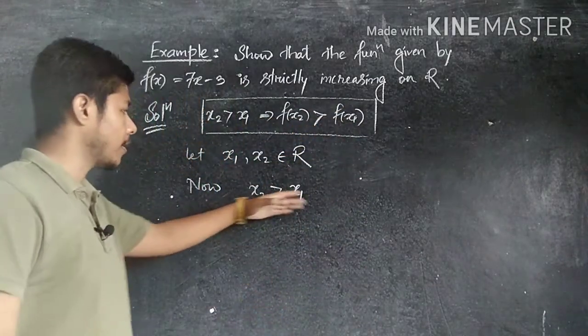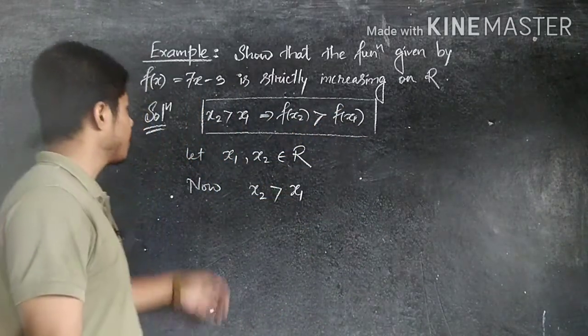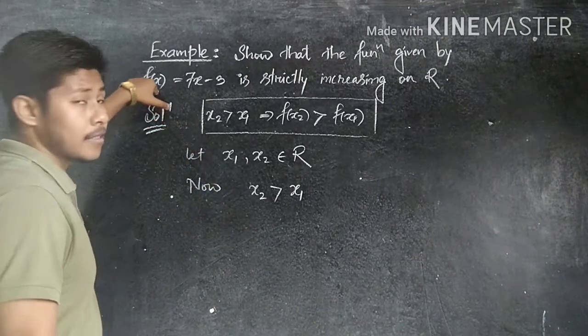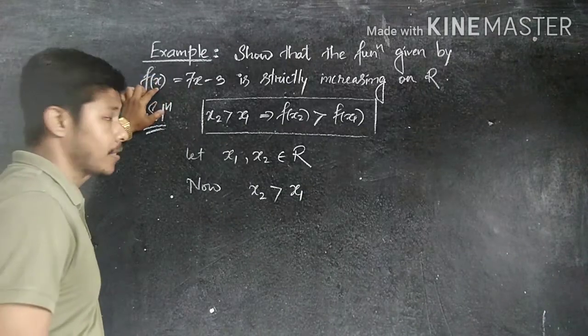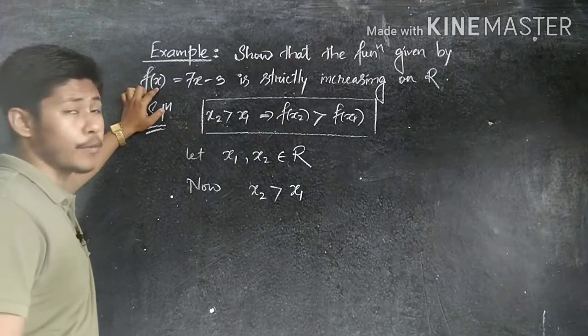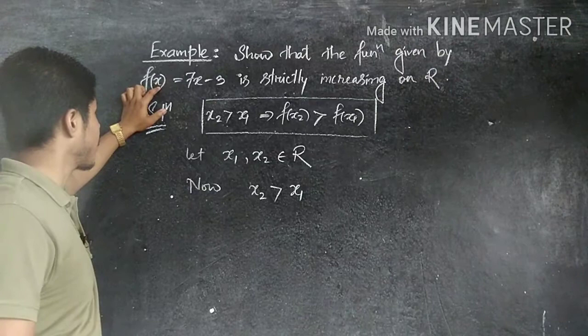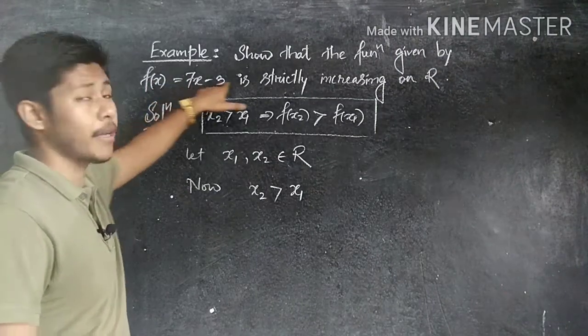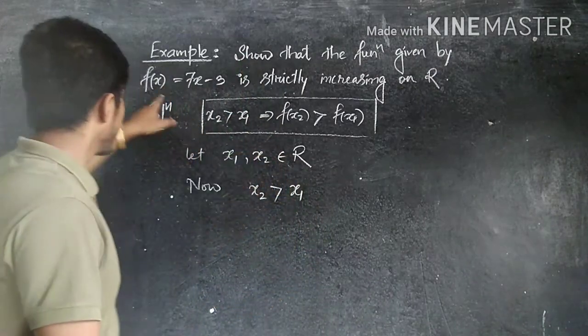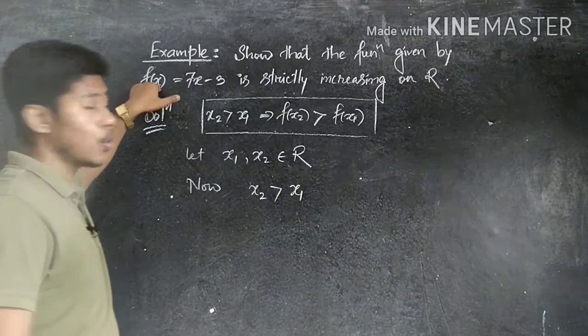So x2 is greater than x1, we take. Now first of all, in place of x, if you put the coordinate x1, then the result we get here is 7x1 minus 3, is it not? Similarly, if we put x equal to x2